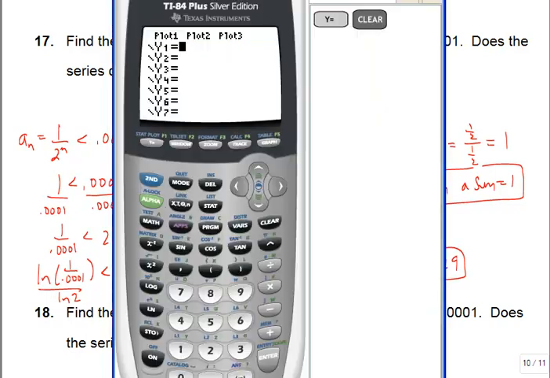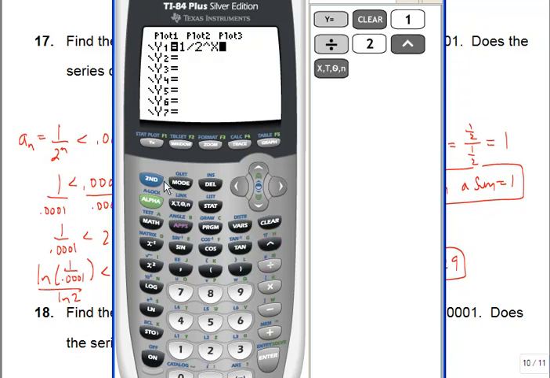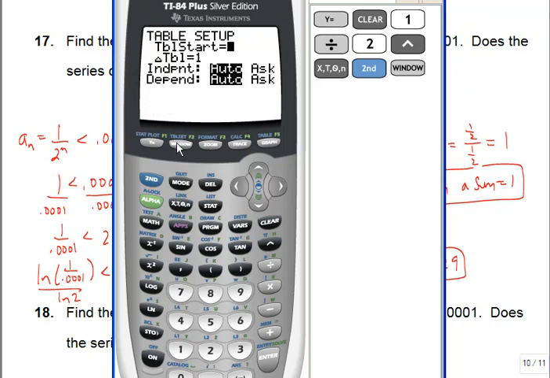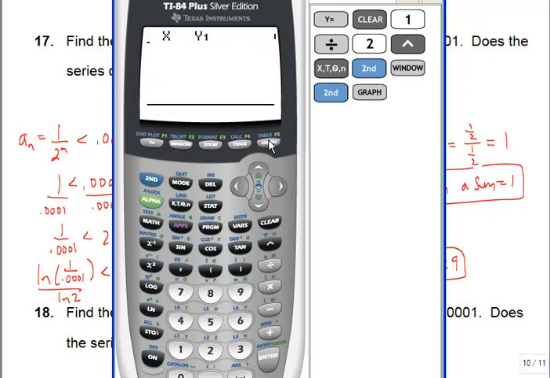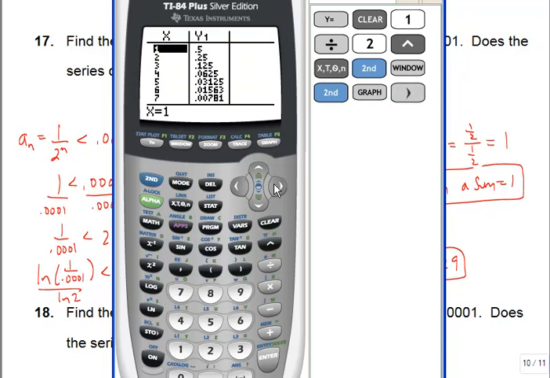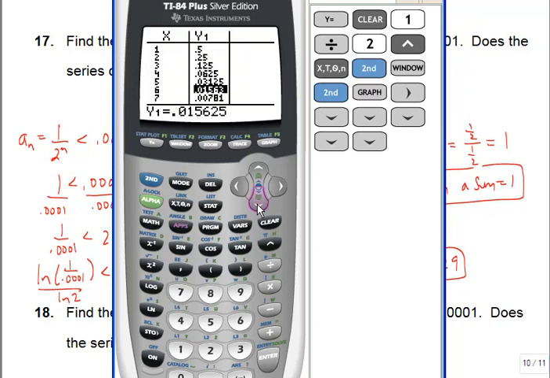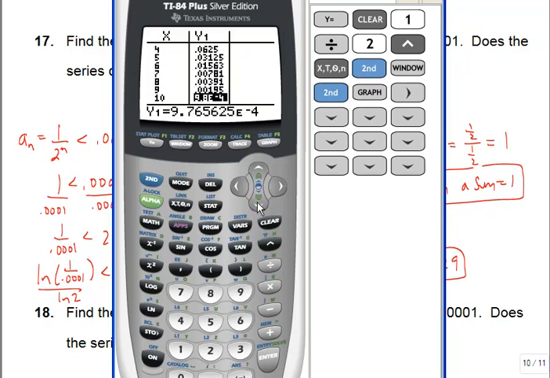So if you go to your calculator and just type in 1 divided by 2 raised to the x, and then go to your table set, let's start it at 1 and go up by 1s, and then go to table, and then you're just scrolling through these y values over here until you see the first one that's smaller than 0.0001. And you do get into some scientific notation here, and when I get to that 13th number,